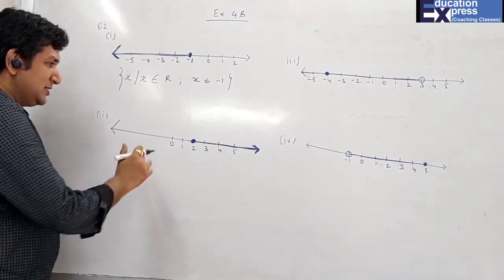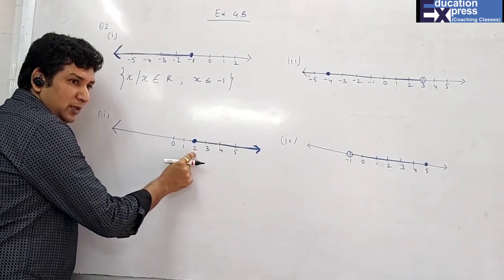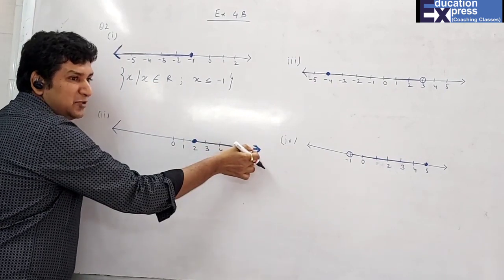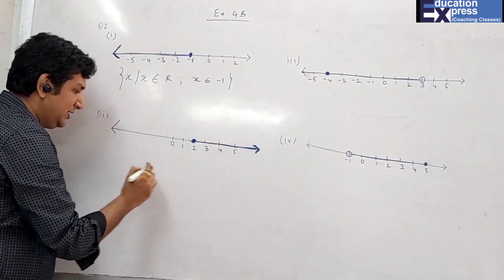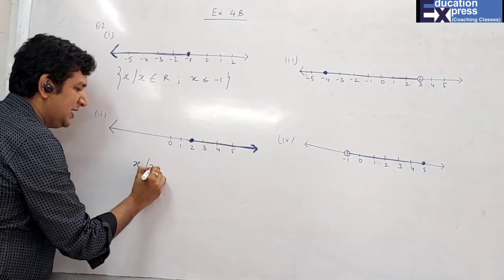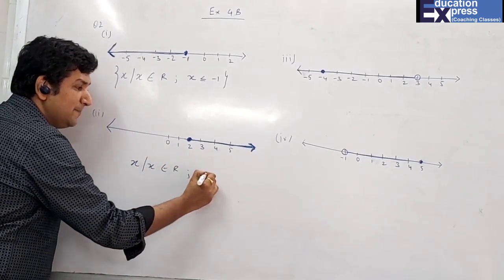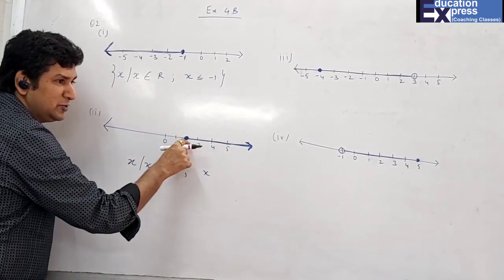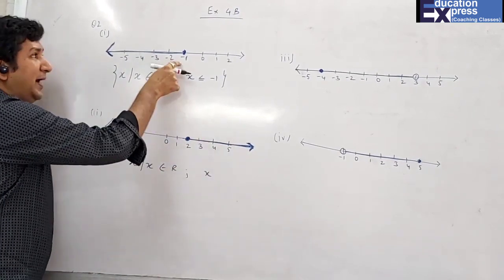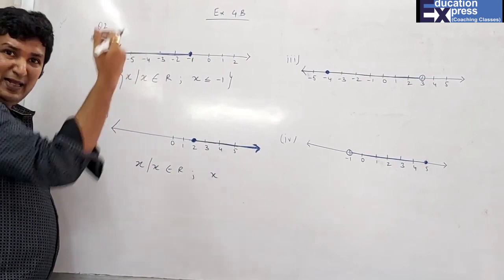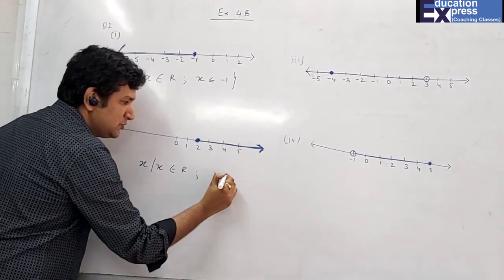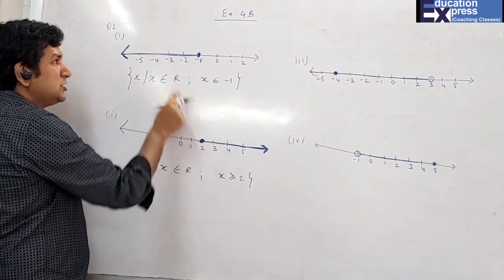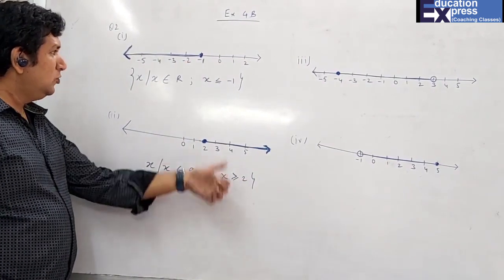Same way, you can see starting from 2, and then going to the right hand side, so on the left hand side we have 2. On the right hand side again there is no limit, that means it's again infinite. So again I write x such that x belongs to real numbers and x is more, students, more, because from 2 it's going on the right hand side, while from minus 1 it was going on the left. Left means less, right means more. So x is more than or equal to 2. In both cases it is equal to because there was a solid circle. That is why equal to and equal to.